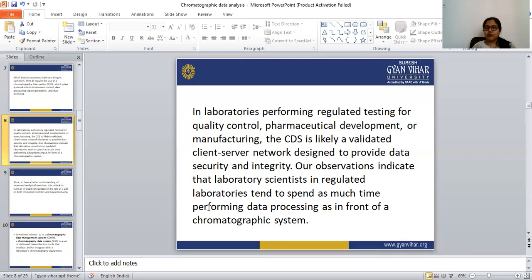So this system is designed to provide data security and data integrity in pharmaceutical development, in laboratories that perform regulated testing for quality control, and the scientists can spend as much time performing data processing as in front of the chromatographic system.